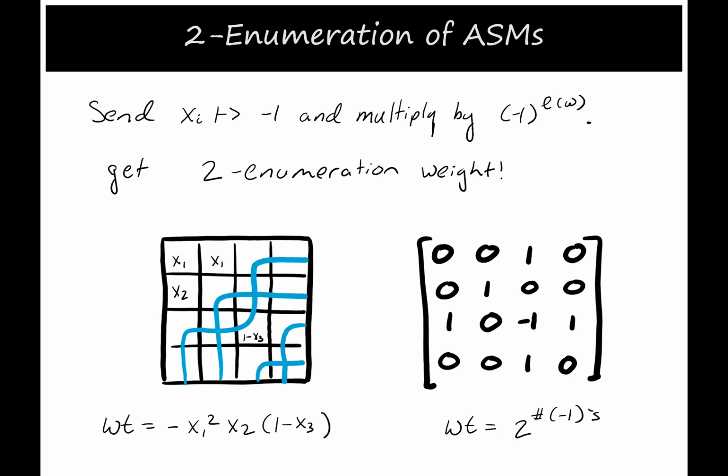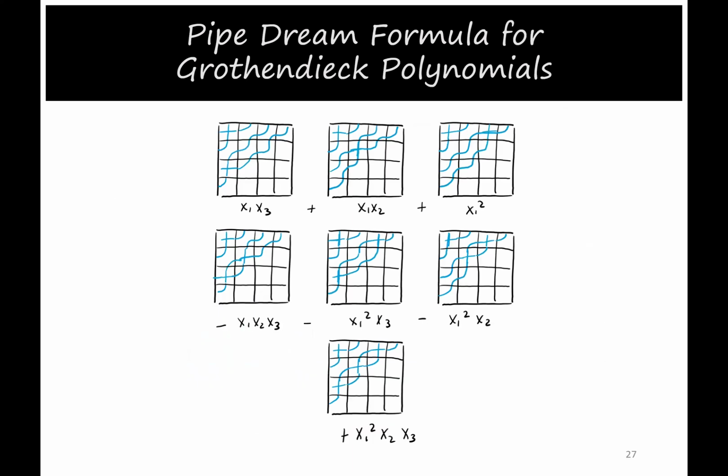So what we do is we can make this specialization into our Grothendieck polynomial. We can send each xi to -1, and we can multiply the whole Grothendieck polynomial by -1 to the Coxeter length of w. And this is going to give us our 2-enumeration weight. So we get just 2 to the number of -1s when we make this specialization into this monomial. So we can do that in our Grothendieck formula with bumpless pipe dreams, but there's also a formula with just